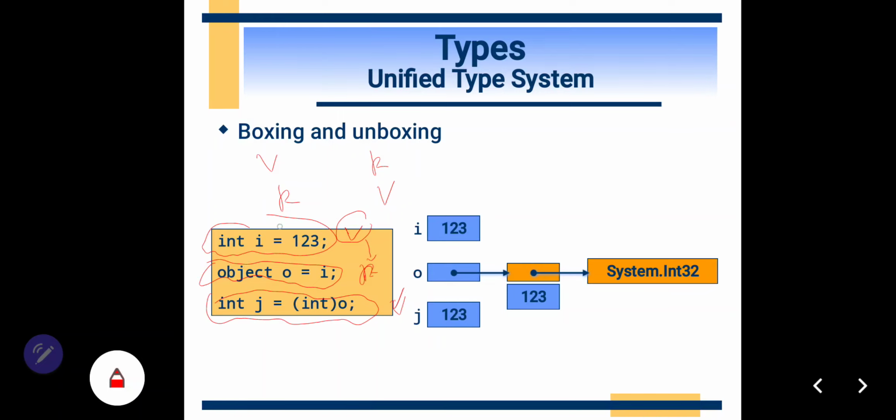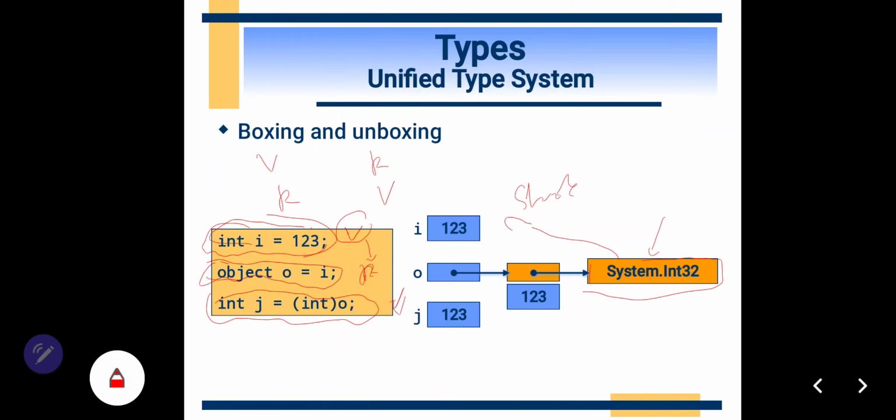You can see here the value type is integer, as the number 1 2 3, and object as reference. If you see in this System.Int32, the default of this value will be saved in stack.